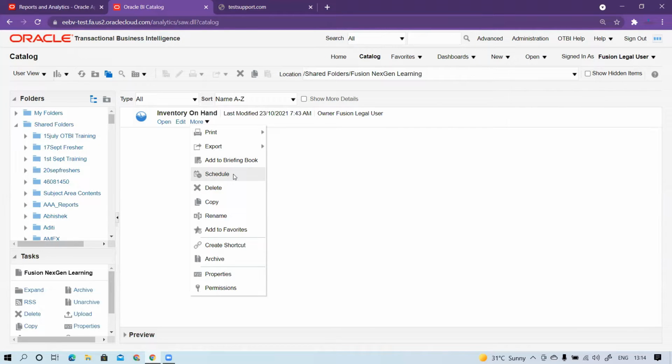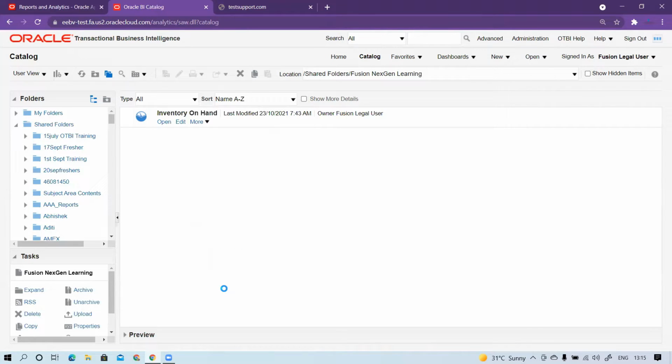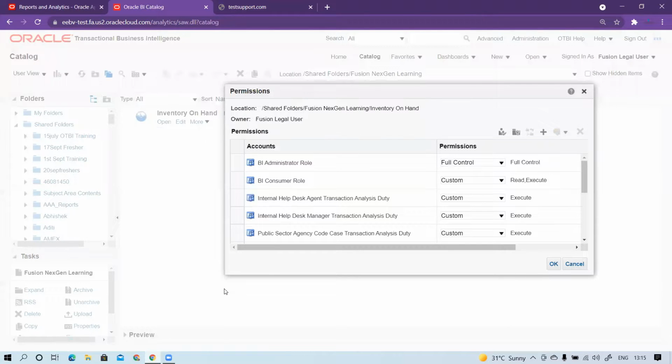Once you click on schedule, you have to enter the frequency, what frequency it will schedule and run the data and send to your email ID. You can do that. Then there are delete, copy, rename, add to favorites, create shortcuts, and archive if you want it to be exported or imported. You can do that. And then the properties. And at the last is the permission. If you click on the permission,